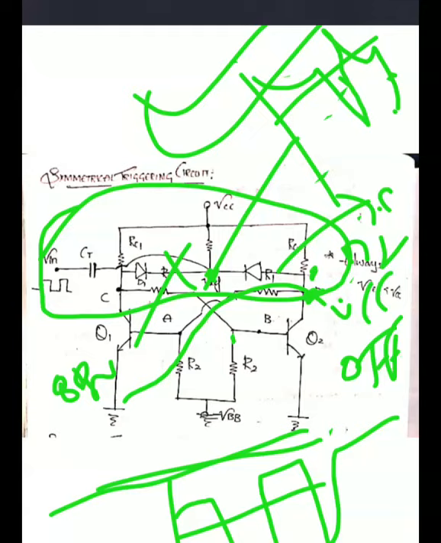What is the necessity of a triggering circuit, and what are the classifications of triggering circuits? In this case I am purely assuming that the trigger output is nothing but negative spikes. These are the circuit diagrams showing how the negative spikes change the states, and we will explain this further on the bistable multivibrator. Okay, thank you students.